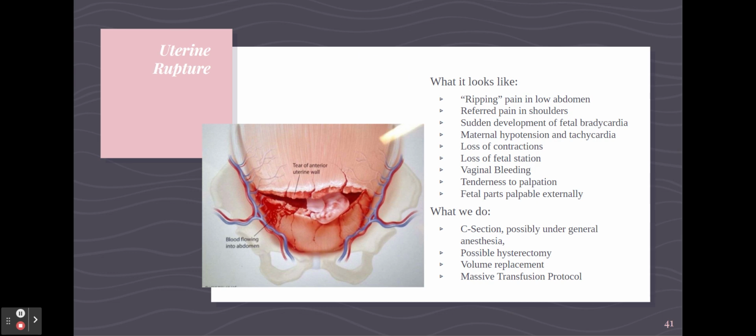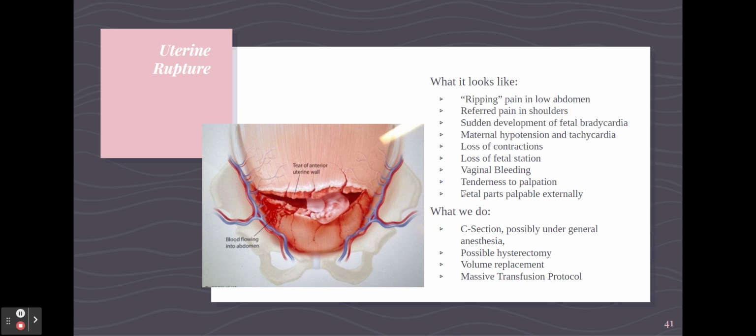For example, you go to replace the toco because you're not seeing contractions, right? Because your uterus, the integrity of the uterus is gone. So you go to move the toco, and every place you move it, even with light touch, that woman is like in excruciating pain. And as I said, fetal parts could be palpable. You might be able to palpate small parts as if there was no uterus.